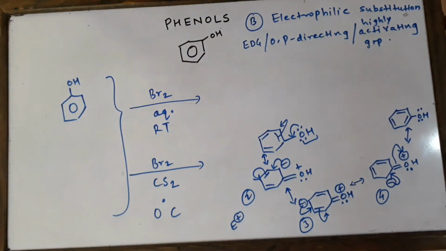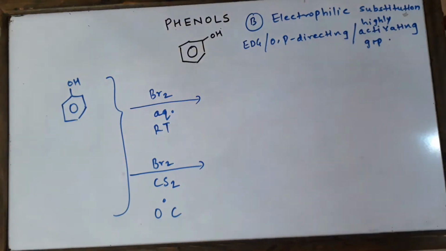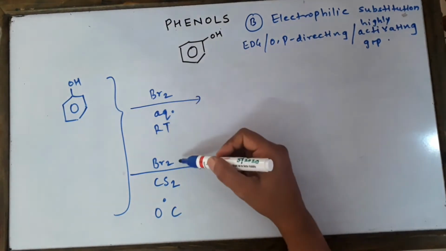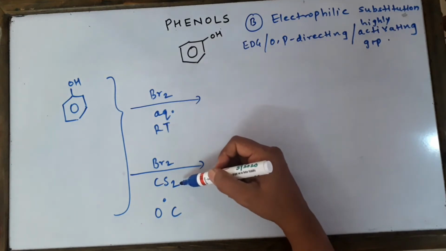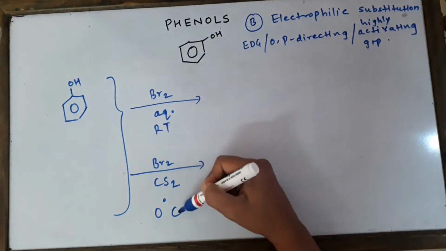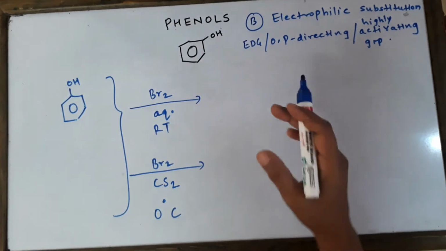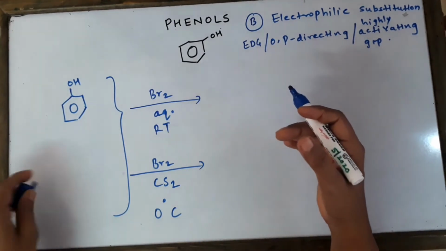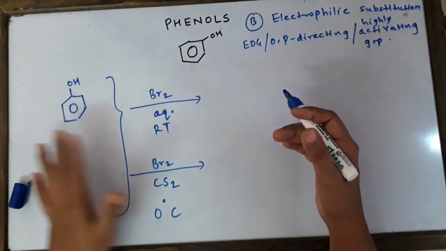The first reaction which I'm going to do is halogenation, with a specific example of bromination. Two different conditions have been taken by me here. You can see aqueous bromine, and bromine in an organic solvent, carbon disulfide, at room temperature and at 0 degrees Celsius. So these are going to be the give-reason questions in the board exam. We are going to get 2 different types of products.